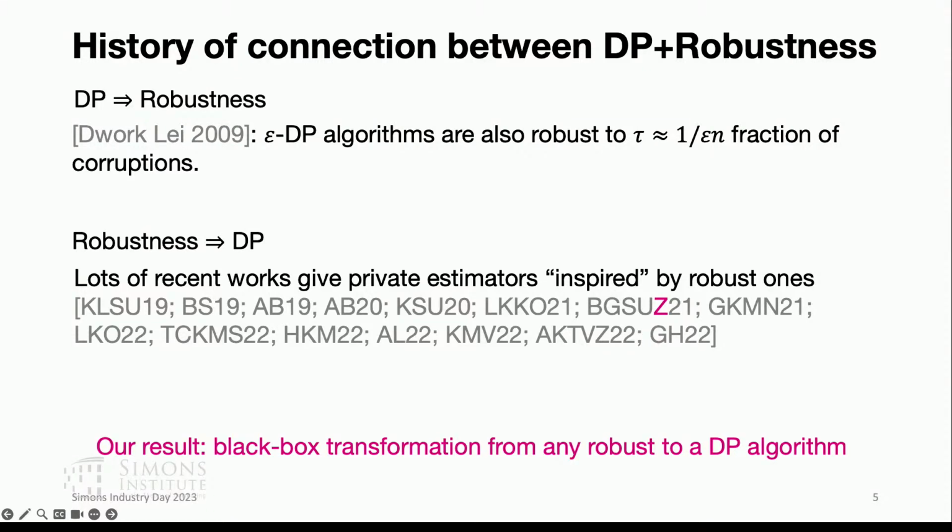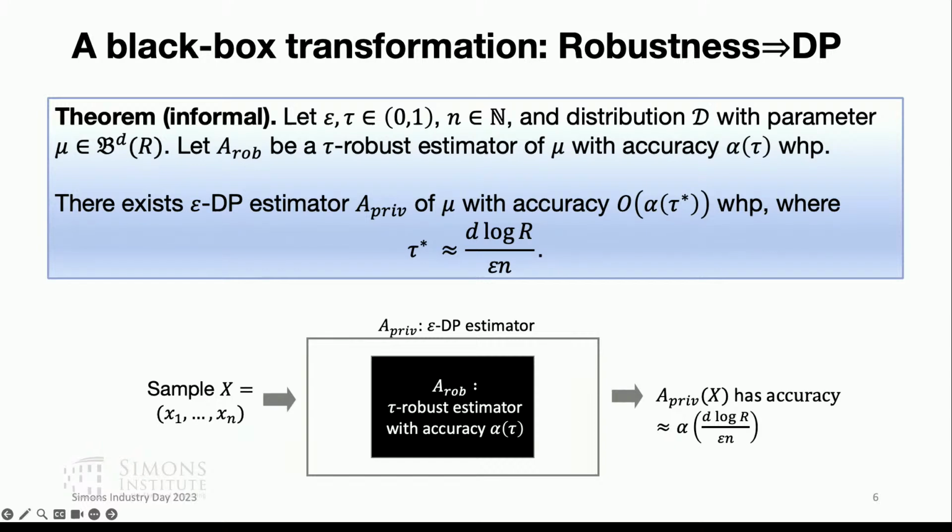So what we did is ask the question: can we come up with a systematic way to take any robust algorithm and turn it into a differentially private one? And this is the punchline of this work. The answer is yes. Given black box access to a robust estimator, you can always construct an epsilon differentially private estimator for the same task. Maybe that's not the surprising part. The surprising part is that you can relate the accuracy of your differentially private estimator to the accuracy of the robust estimator. Specifically, the accuracy of the epsilon differentially private estimator we construct